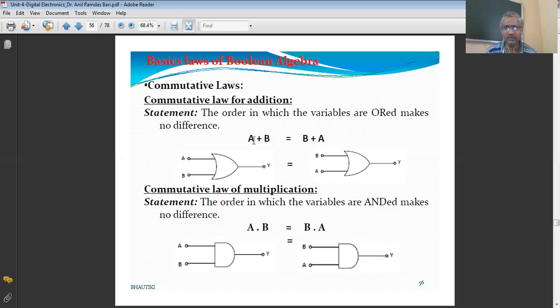The same law can be applied to multiplication also. So the multiplication is also commutative. But multiplication is denoted in digital electronics by the AND gate. So this is the AND gate, a dot b. a dot b means a into b. The AND gate gives the multiplication operation. So the order in which the variables are ANDed makes no difference. Again,